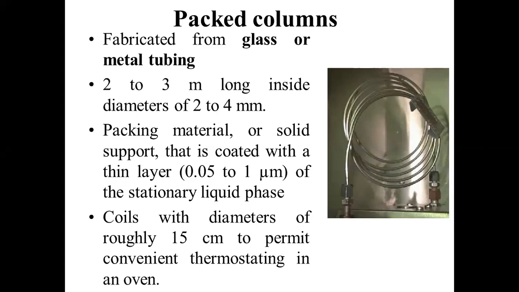That solid can be immobilized with a liquid stationary phase. I told you yesterday, liquid stationary phases are also used. And this liquid stationary phase can be immobilized in the chromatographic column by chemical processes. I will explain what that chemical process is later in the forthcoming slides. So the thin film will have a thickness of 0.05 to 1 micrometer.